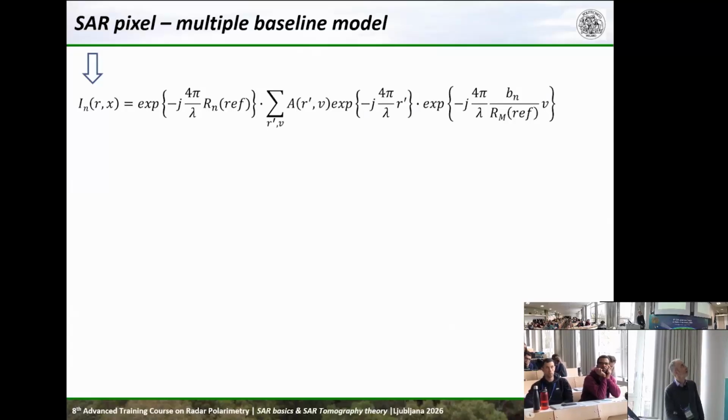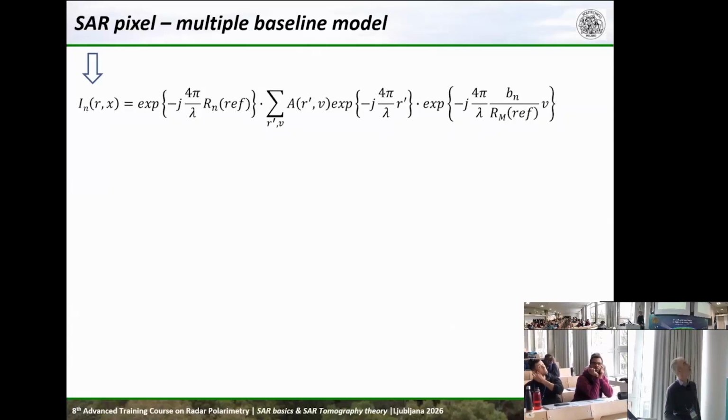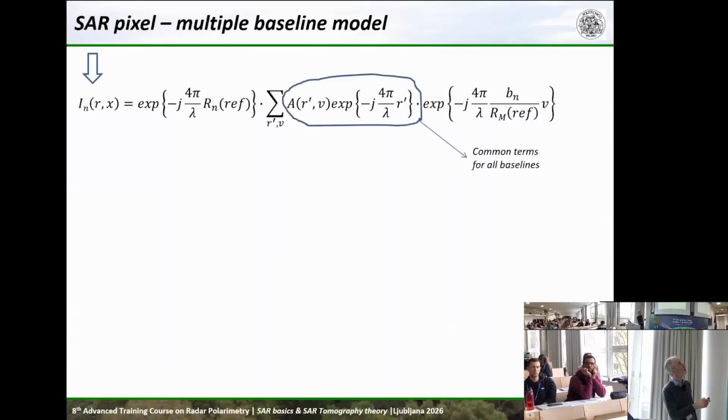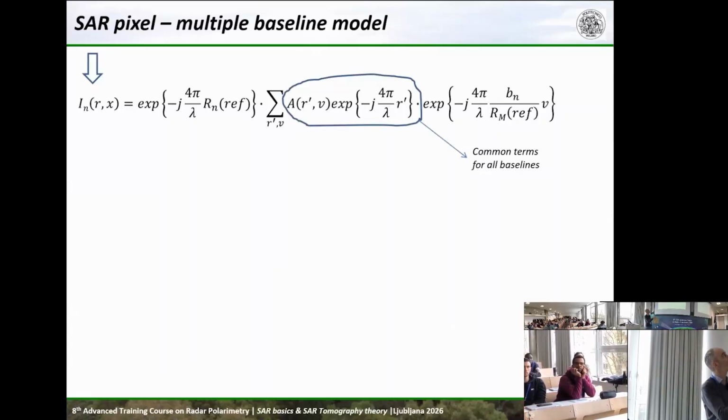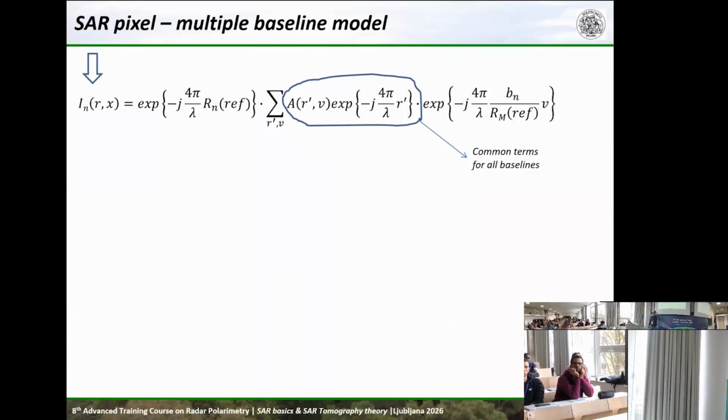And so we can decompose it in several terms. The first one is a common term for all the baselines. So this is a term that doesn't really change if you change the orbit. What changes are the other two terms. So what we can do is a further approximation